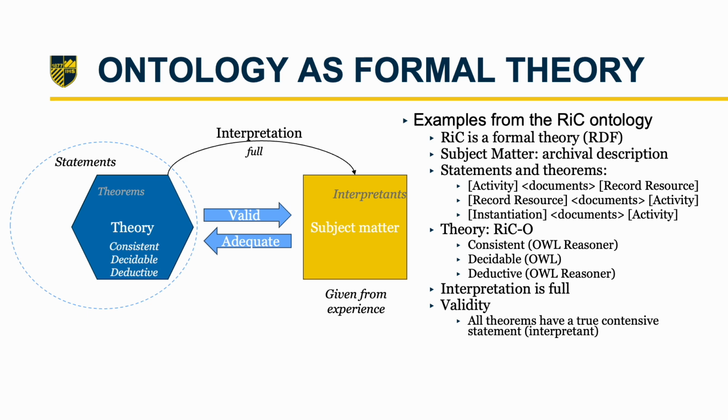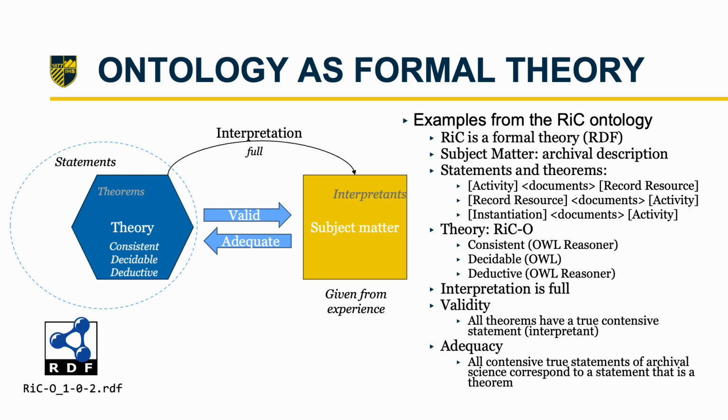Because when you have an inconsistent system, you can deduce anything. So if you have P and not P true in a system, you have an inconsistent system. And logically, when you have P and not P true at the same time, anything becomes true. Okay? Anything can become true from those two statements. So we want a consistent system. The good thing about using RDF and OWL is that OWL allows you, with what is called the reasoner,